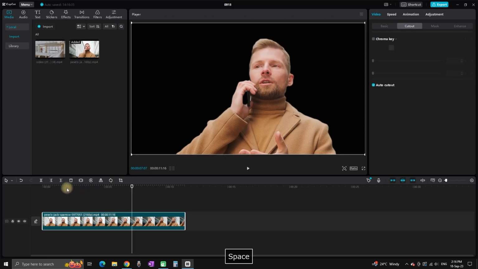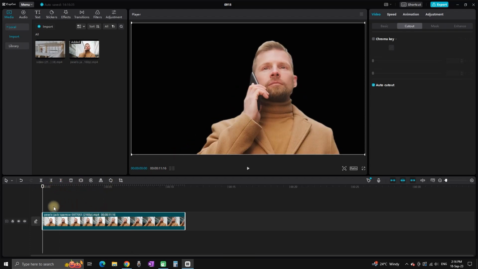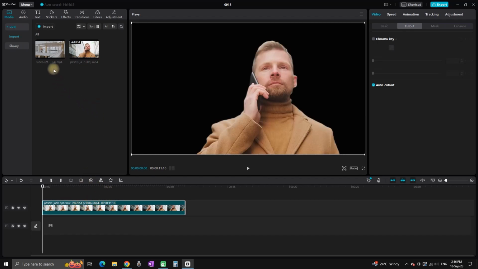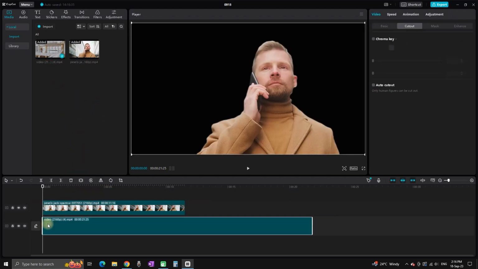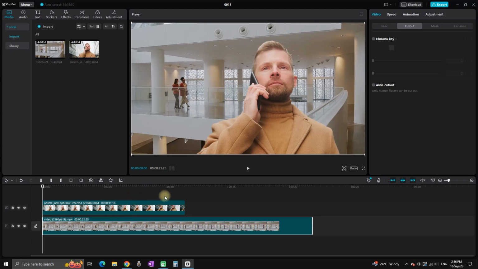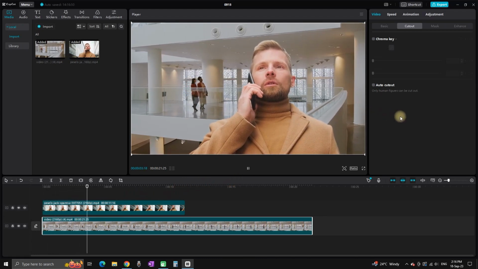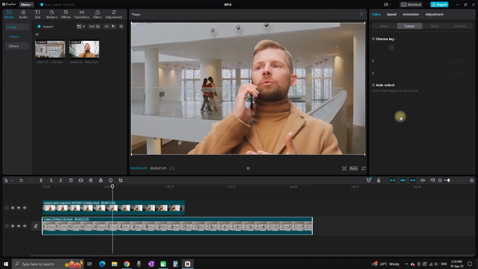And now, if you want to add some background behind that person, you can grab that video, you can leave it on video slot number 2, just as you see me doing right now, and then add a second footage on video slot number 1, which is going to be behind the person. And that way, you can cut out the background from the person if you're not using a green screen in